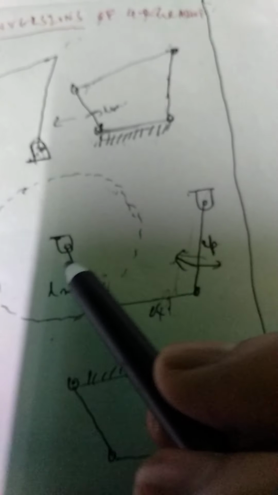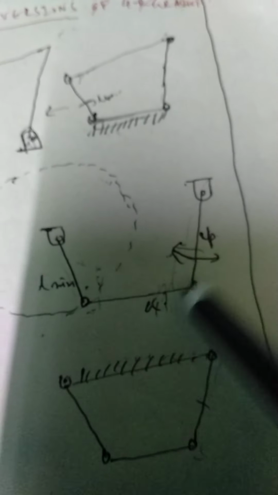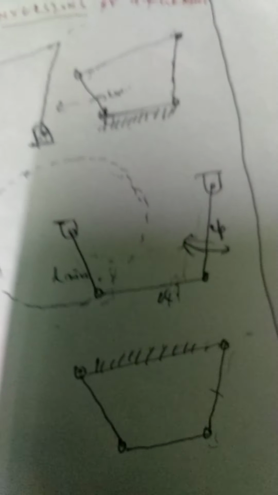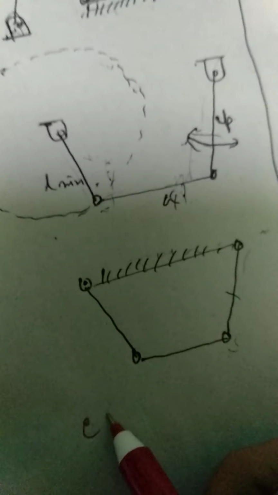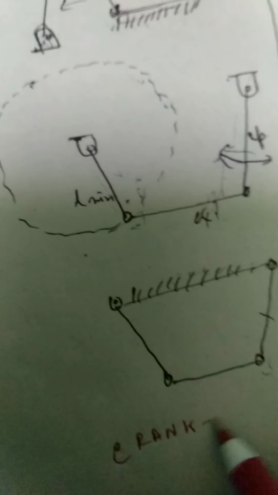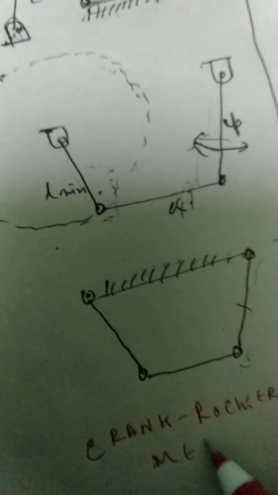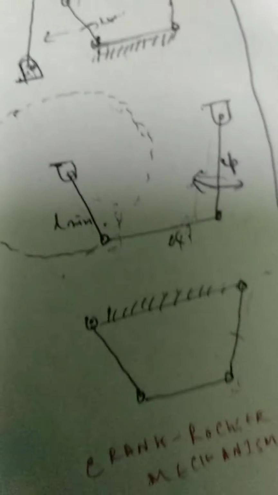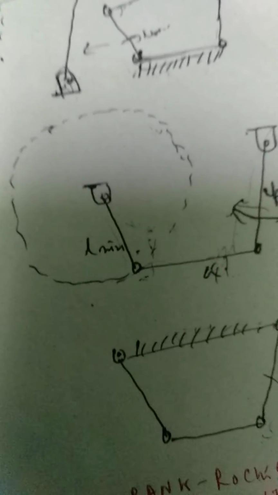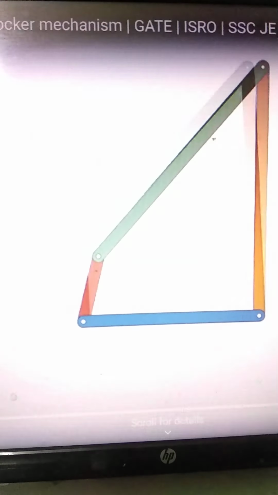So one link will rotate, known as the crank, and the other links will only rock. So this mechanism is known as the crank rocker mechanism. Is that clear?